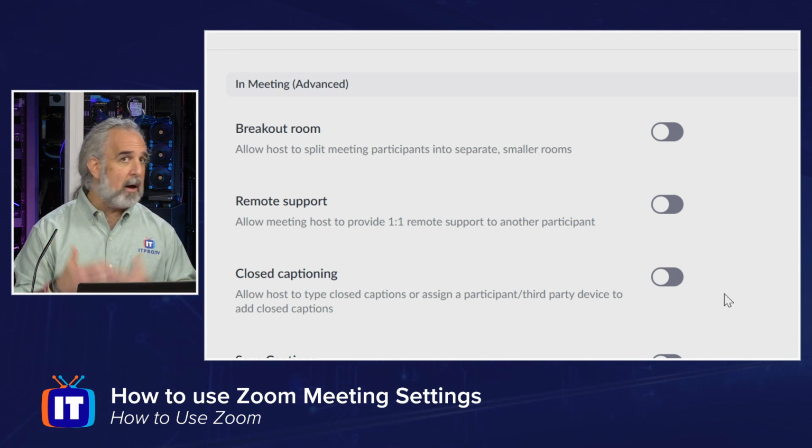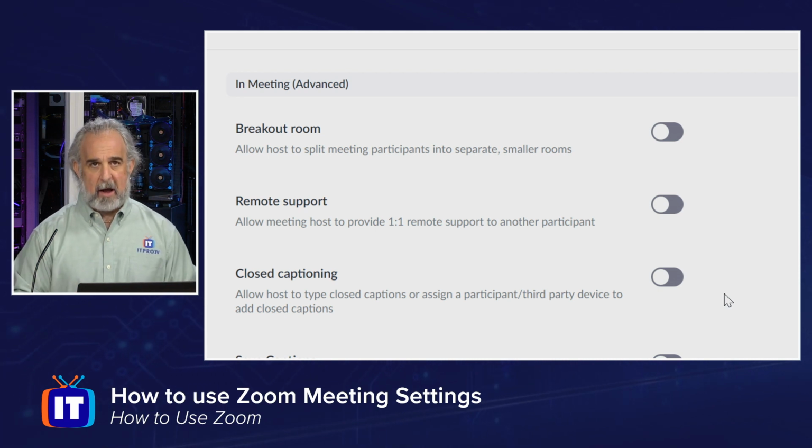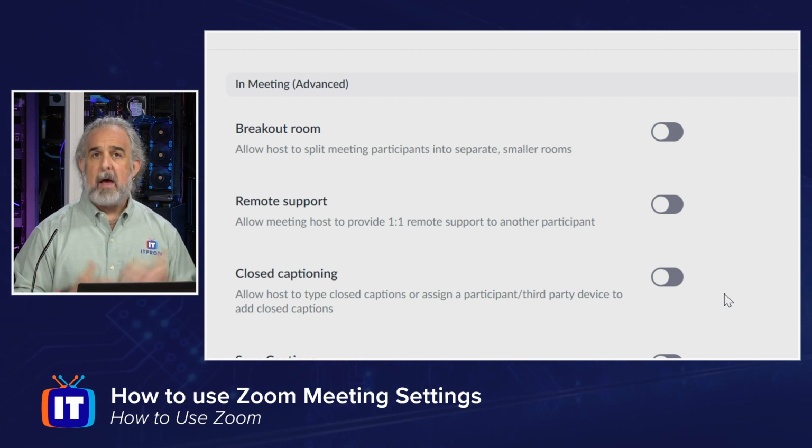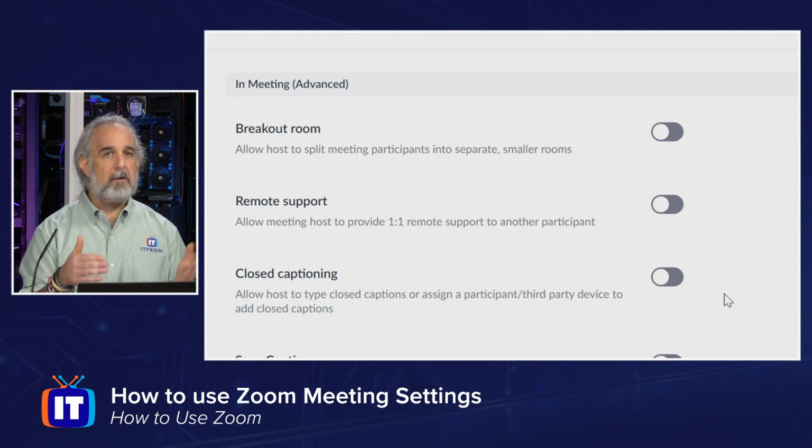Maybe this is going to be a dev session where you're doing some development work and you want the dev teams to split up. Maybe this is part of your DevOps and or your agile project or development flow, and you want to break those teams out, have them work on different stories or different project elements, and they can go and do that as part of a broader meeting that everybody can come back into from time to time